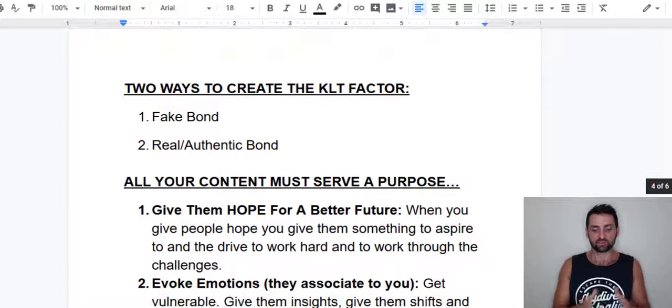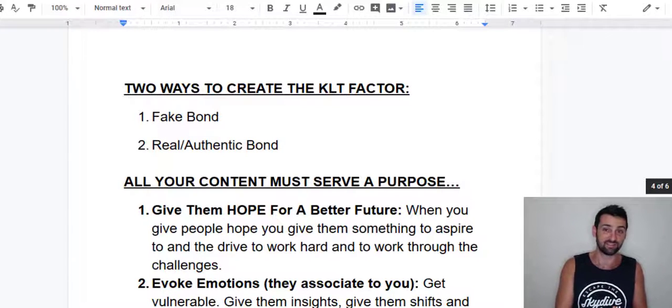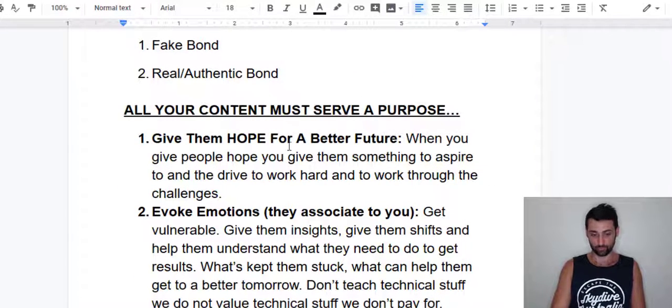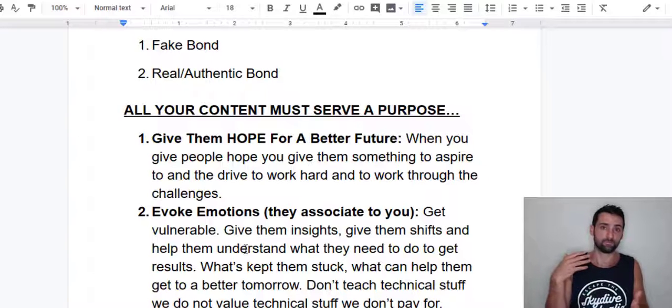But moving on, all your content must serve a purpose. Really the idea is to get your customer to feel comfortable taking the next step with you, whatever that might be. Like I said, this is basically the outline of the pre-frame. When you're out there trying to attract traffic in front of cold traffic, you might be posting content on YouTube, blogs, or your Facebook wall. This is the type of content that you want to be promoting to cold traffic.